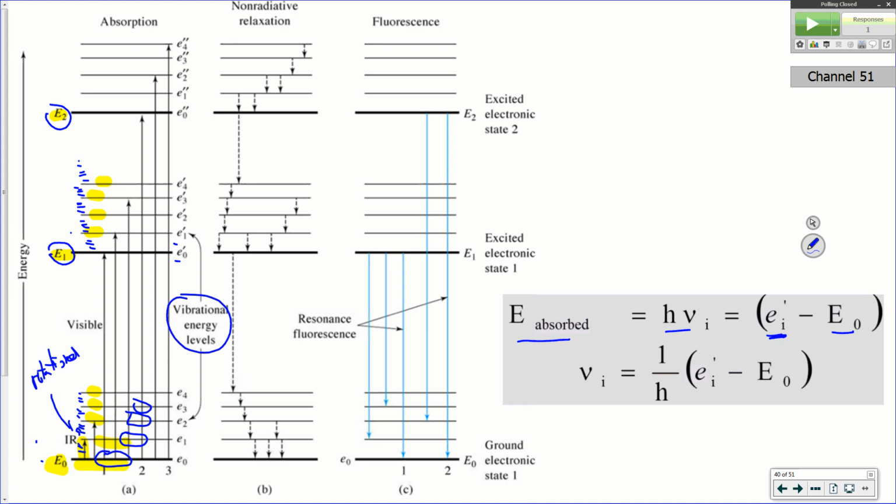All right, so when you absorb a photon, that's not an energetically favorable place to be for a molecule, so it's going to try to lose the energy off. And there are two different processes that can lose energy off. One's called non-radiative relaxation. And the simple way to think of this is it's a series of vibrational energy losses where it shakes the excited energy out.